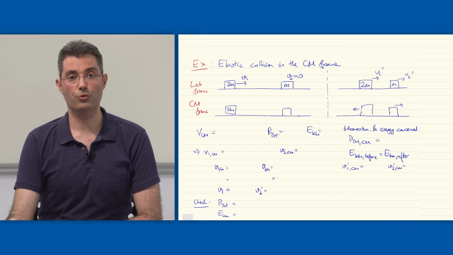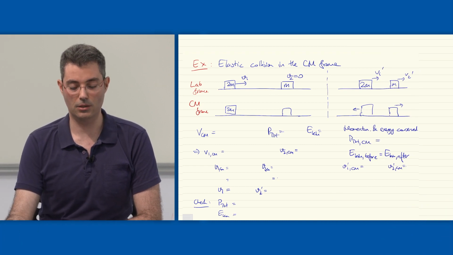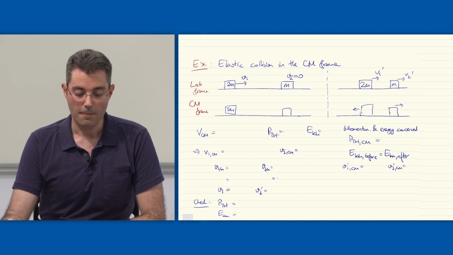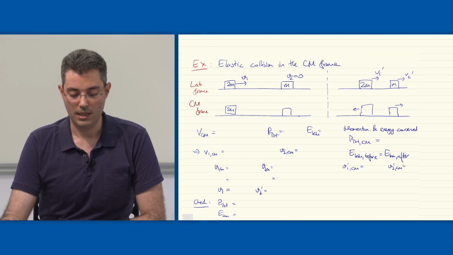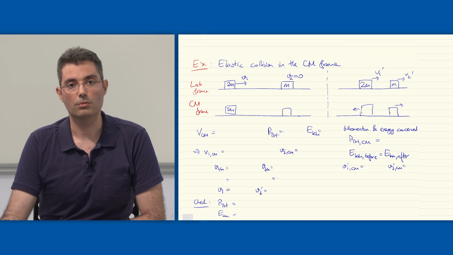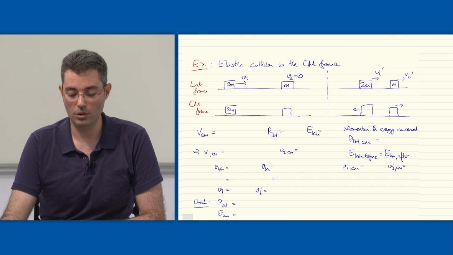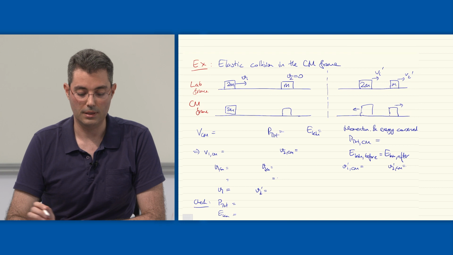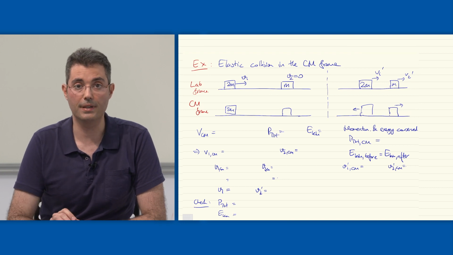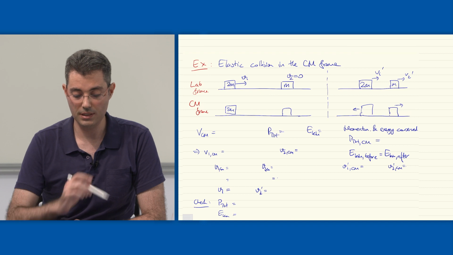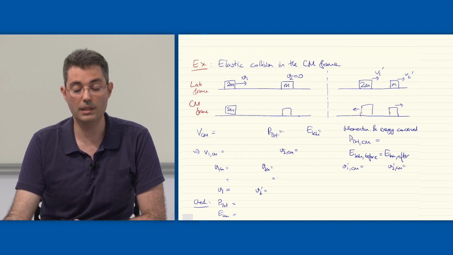The second type of collision we will look at is the so-called elastic collision, where in addition to the momentum conservation, also the kinetic energy of the colliding particles is conserved. So in general, if you write in one dimension the conservation of momentum and conservation of kinetic energy, we will have two equations. And this is exactly sufficient to solve for the two unknowns after the collision, V1 prime and V2 prime, for these two masses, say. An alternative way, which is convenient in this case, is to look at a collision from